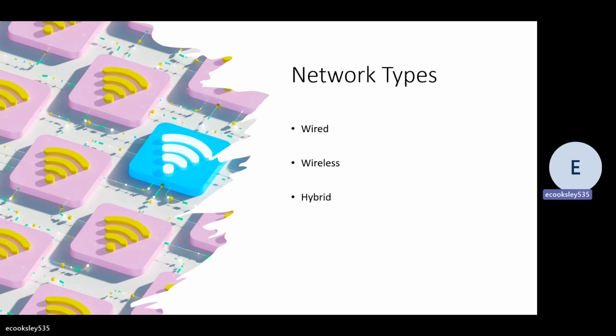The next network type we have is wireless, which uses different aspects of the radio spectrum to communicate. It will use different parts depending on the function that it is doing. So networks in the UK also have 2.4 gigahertz, 5.5 gigahertz, and the new 6 gigahertz frequencies, and this is for both broadband or corporate use. The only cable that's required is from the router to the access point,